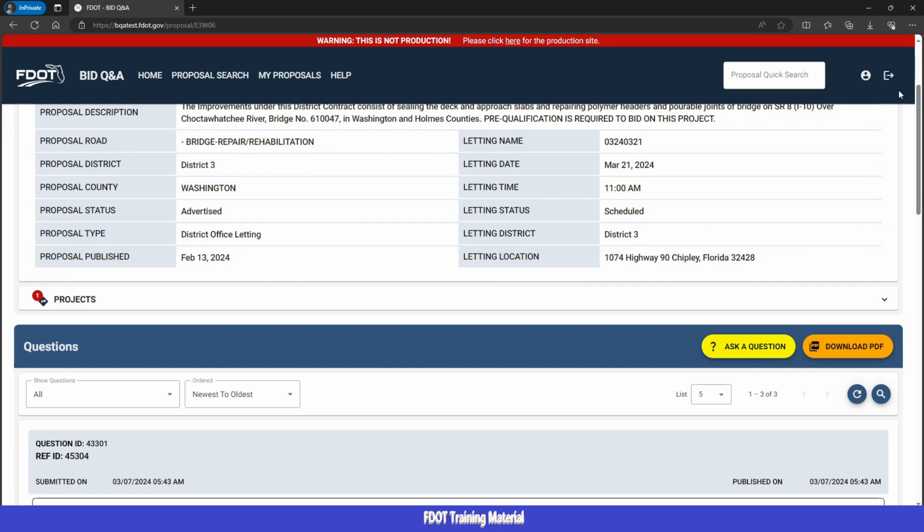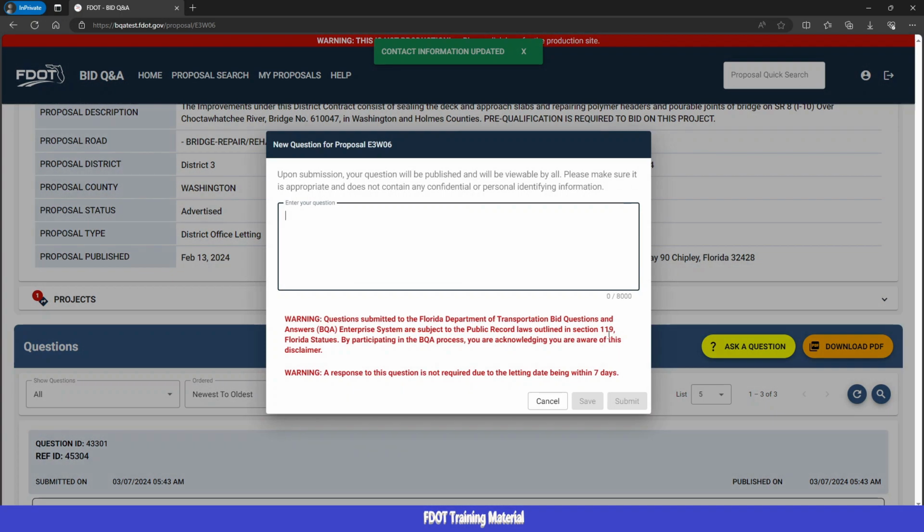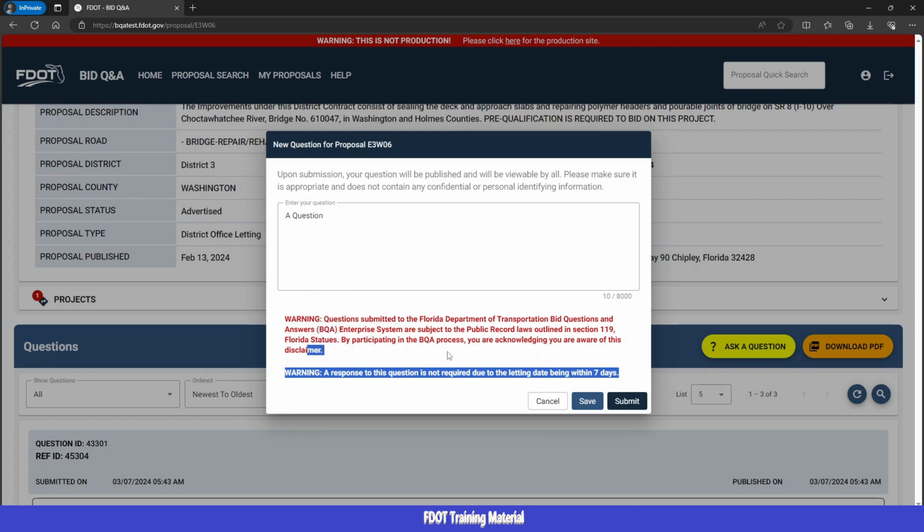Now, if you attempt to ask a question and you have not filled in your contact info, it will force you to fill in your contact info. So now it will allow you to ask a question. You enter in your question here. You'll see down here at the bottom, because this is only 1 day from its letting date, it gives you a warning. A response to this question is not required due to the letting date being within 7 days. In December, that is extended to 10 days, but otherwise you can cancel the question, meaning you don't actually ask it, or save it,